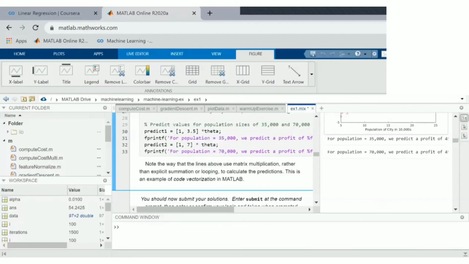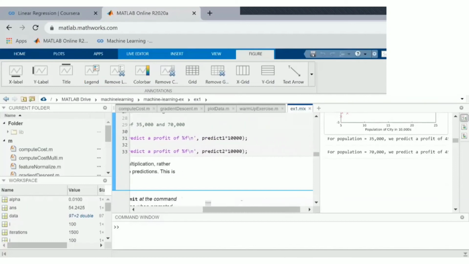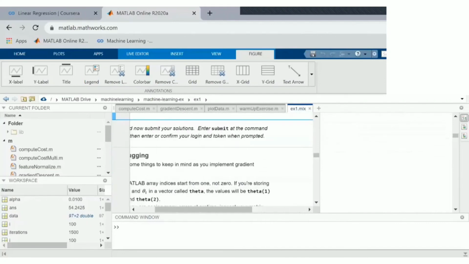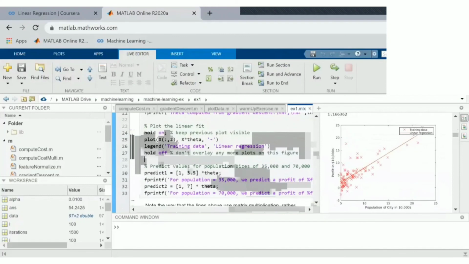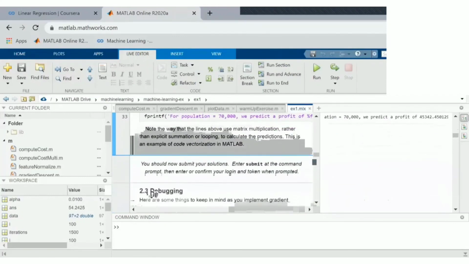We need to calculate, we get x0 and x1 values. We need to multiply with theta, which we got from gradient descent. We will be able to predict the values, predict1 and predict2. So this will be printed because we just multiply with the scale. We get 4519.767868. After completing these things, we need to save everything and